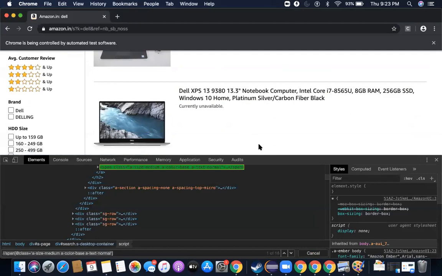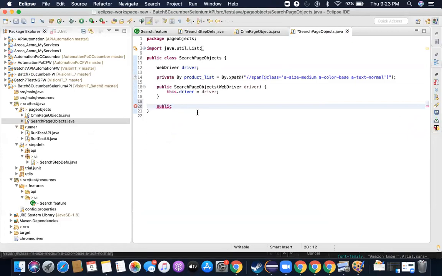So in Selenium, there are good methods available to do that. Let me show you. What I'll do is create a method called public void validator method, validate product list, and I'm going to create a parameter here, string product name,